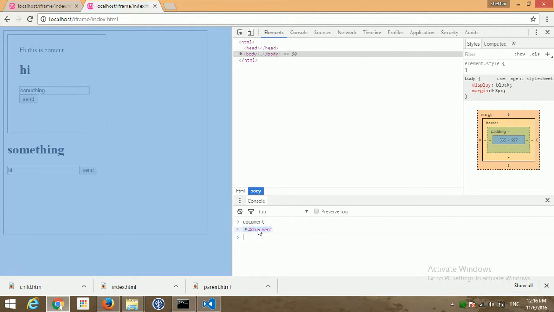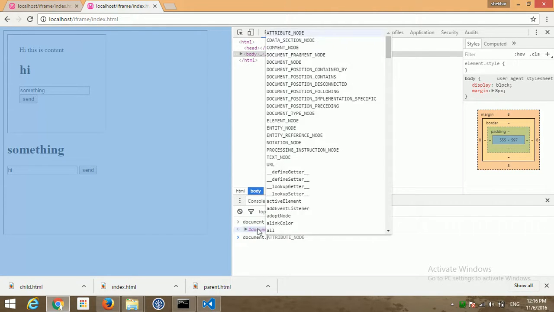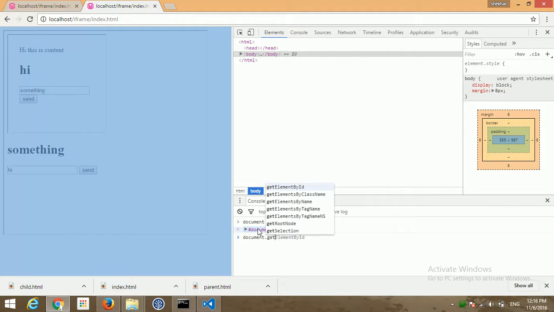Now if I want to get parent iframe, what I do is document.getElementById parent.